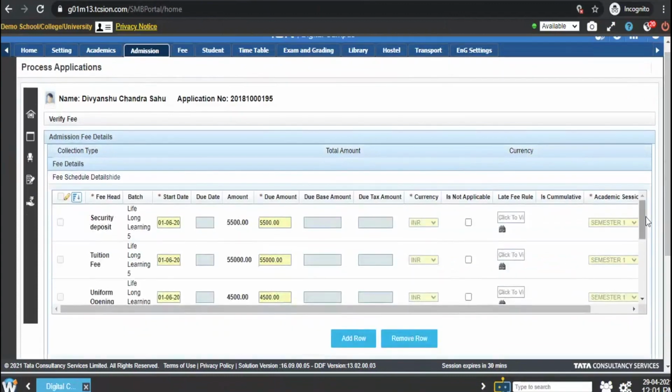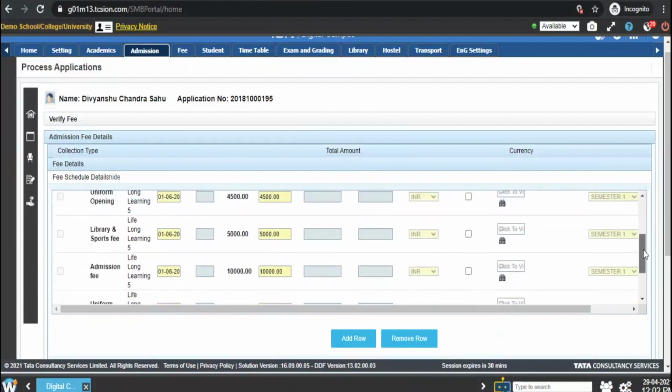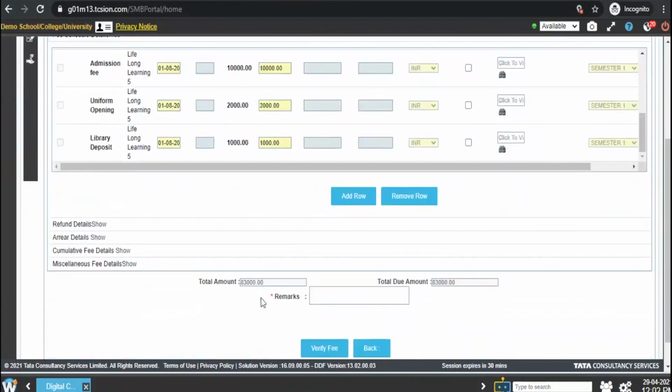As you can see over here, different fee heads have been generated, and there is a considerable amount generated for this particular applicant. Security deposit of 5,500, tuition fee of 55,000, uniform and other fee of 4,500, and so on. And in total, it is giving me a consolidation of 83,000.